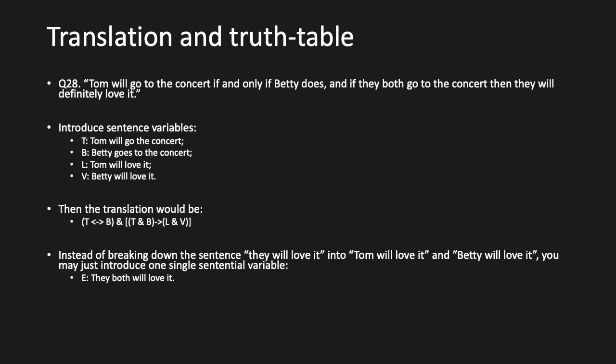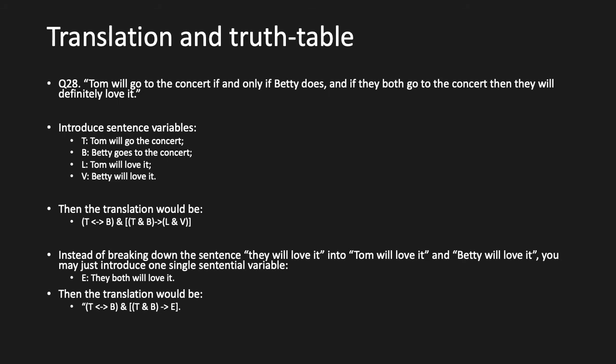Now there's an alternative translation. So instead of breaking down the sentence, they will love it, into the conjunction of Tom will love it and Betty will love it, you can just introduce one single sentential variable for they both will love it. Say E. Okay? So the translation would be this. T double arrow B, same, and T and B arrow